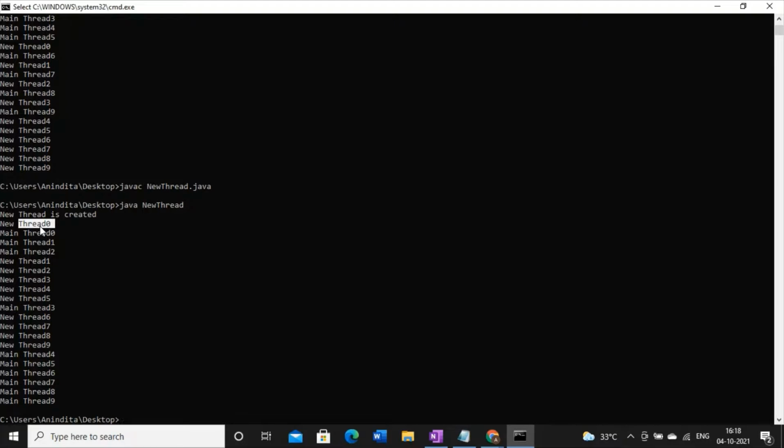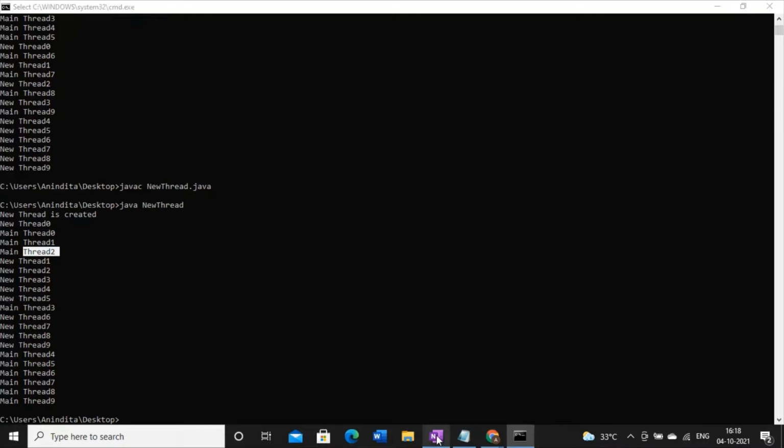So at this point of time, after that time slice, the CPU is switched to the main thread. At that point, the main thread is executing and giving output as 0. Again, the CPU is standing over here, which means within that time the main thread gives output 1 and 2. Now you can ask me one question: if proper equal time slicing is maintained, then why after the new thread do we have 3 main threads?